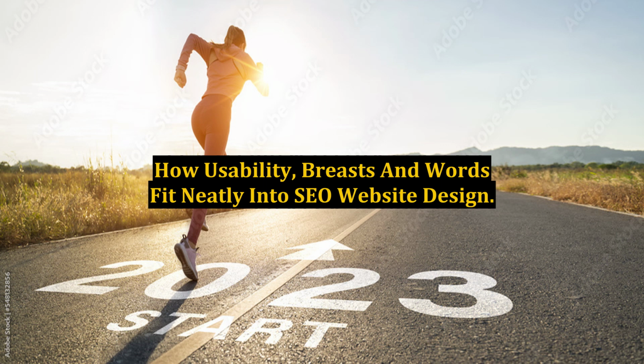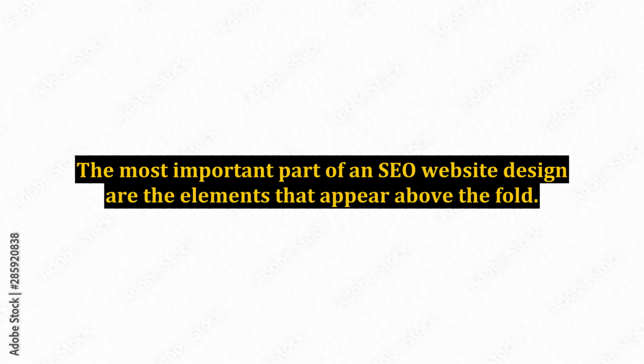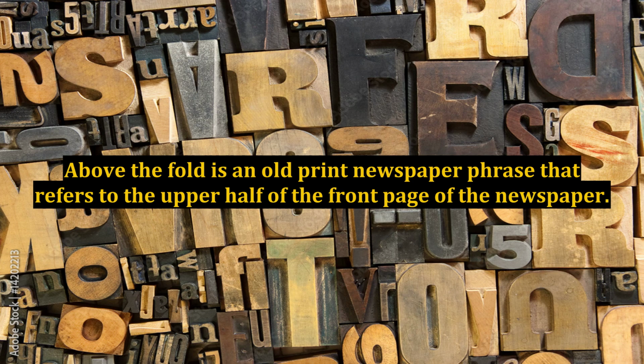How usability, breasts and words fit neatly into SEO website design. The most important part of an SEO website design are the elements that appear above the fold. Above the fold is an old print newspaper phrase that refers to the upper half of the front page of